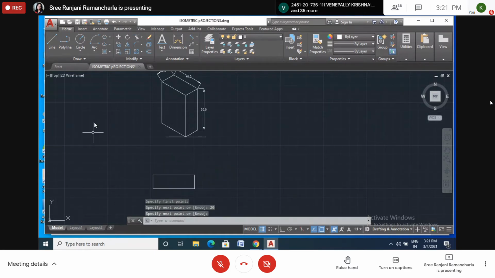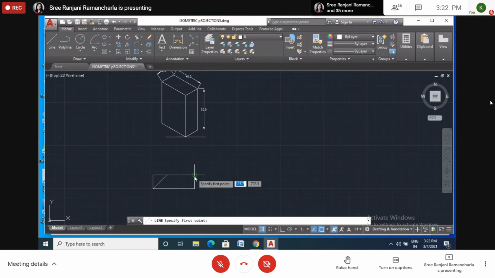Now draw the line here at the end point. Another line here also. So again I will draw a line here of 20, in this direction. Enter.